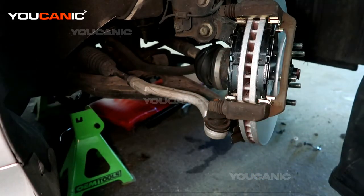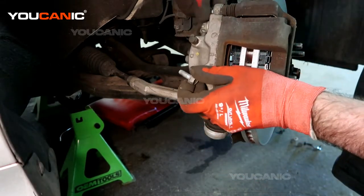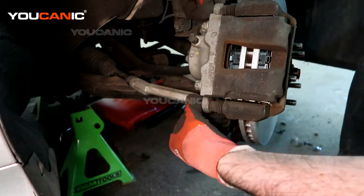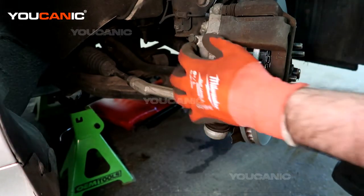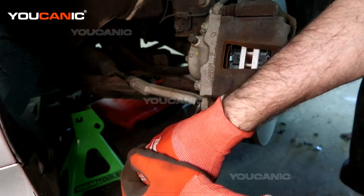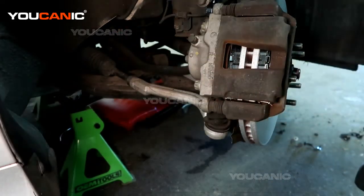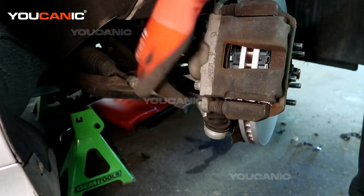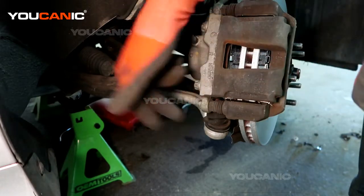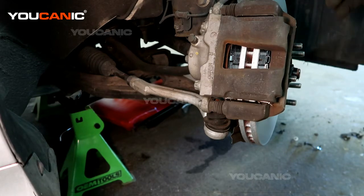Now we'll just go ahead and put our caliper on. And those are the size 14. We're going to tighten those up. There we go. Those are good and tight. Sometimes the glide pin would spin, and so you would just have to put the size 17 wrench in there. It may need to be a narrow one to be able to go in there to hold it as you tighten this. But that's all tightened up, and then you would put your tire back on, lower your vehicle,